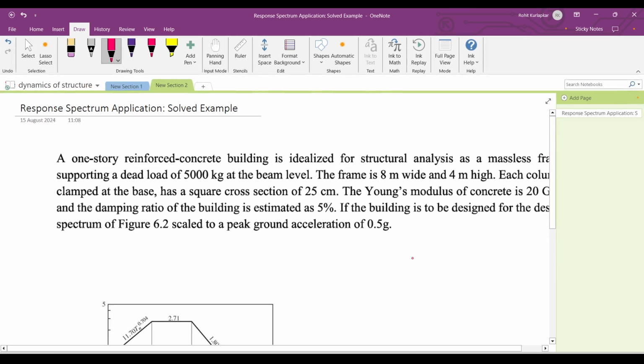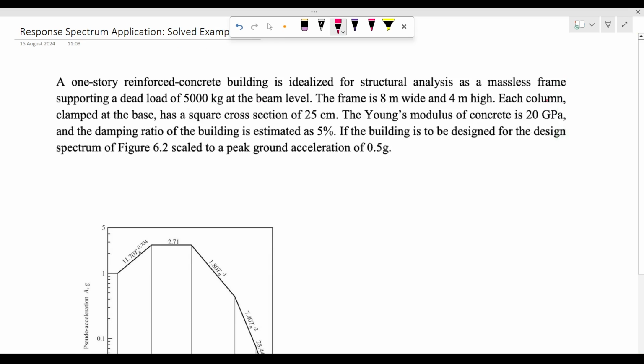In this video, we are going to solve one numerical which will be the application of the response spectrum. So first I will read the question. So this is the question. A one-story reinforced concrete building. So the figure is given like this. So there is one frame,